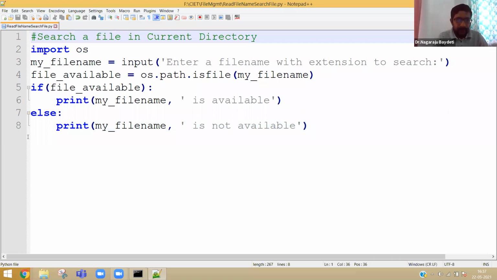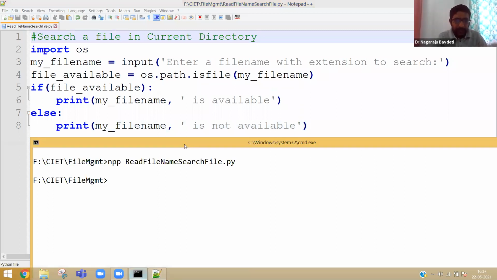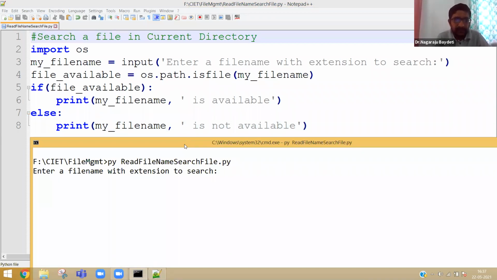Okay. Now let me execute the program. I believe you guys have understood the logic. Now it will ask a file name. For example, if I say dummy.txt, it says dummy.txt is not available. Okay.